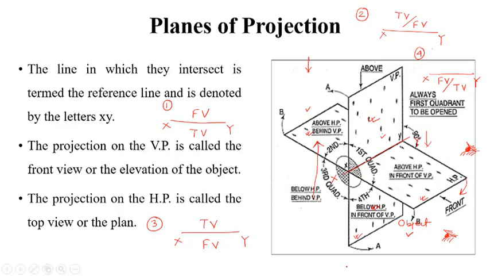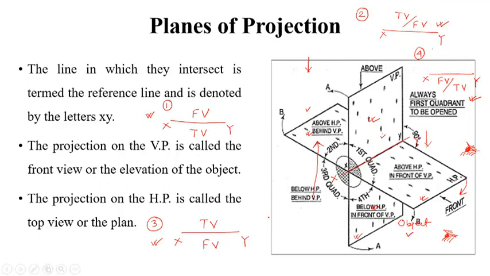So now you see here, when we had the first quadrant, this is just the reverse of the third quadrant. And when we had the second quadrant, this is again just the reverse of the fourth quadrant. Is it clear? First quadrant and third quadrant are exactly the same, but in our case the front view was at the top, here our top view has come to the top. Similarly, in the second quadrant, when our object was there, our top view and front view were both above the XY line, but when we move to the fourth quadrant, we found that both the front view and the top view are below the XY line.